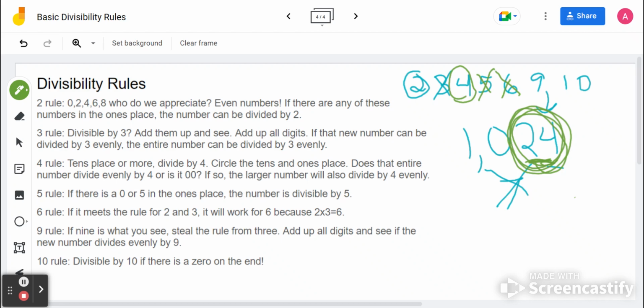9. If 9 is what you see, steal the rule from 3, but divide by 9 instead. Okay, so we're going to add up all these digits again. 4, 5, 6, 7. 7 cannot be divided evenly by 9. So that means that this entire number is not divisible by 9. And finally, divisible by 10. If there's a 0 on the end, there is not a 0 in the ones place, so this is not divisible by 10. So we have the divisibility rules that this number is divisible by